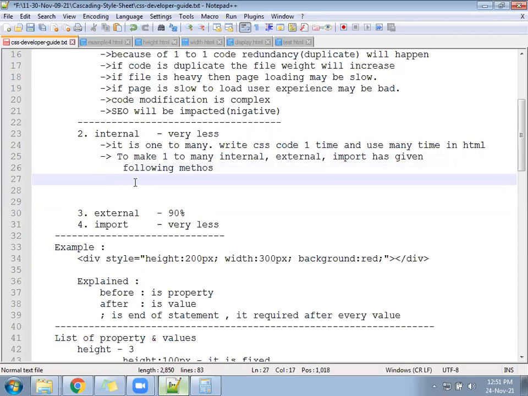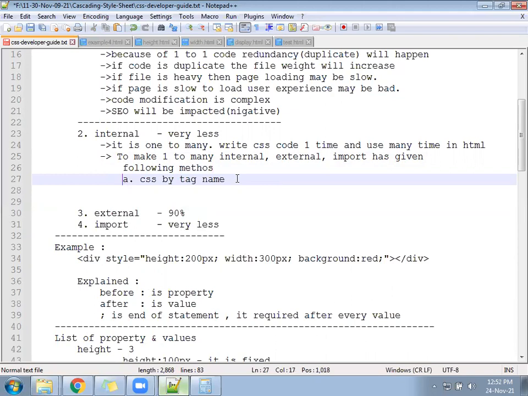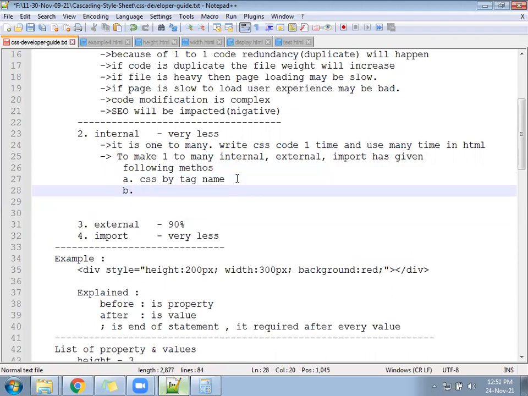Number 1, A: CSS by tag name. Your W3 is based on this. B: CSS by ID, you can write.